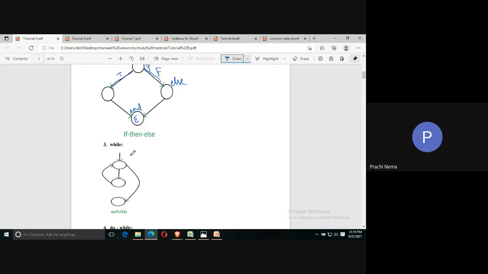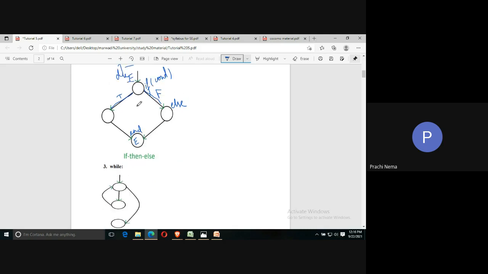Similarly for while, if you see for while, one thing I forgot to tell you here is, what are the four types or components which I have told you? Nodes, edges, and there will be decision nodes and junction nodes. Here, which is the decision and junction node? See, this node is having multiple outgoing edges. So here we are taking a decision based on this condition. So this is your decision node.